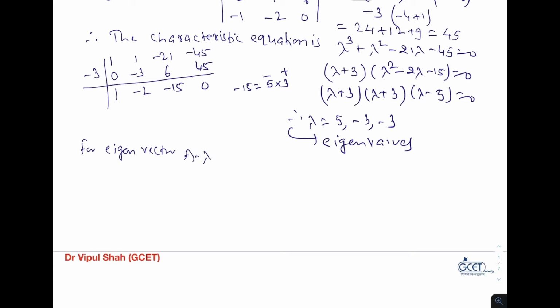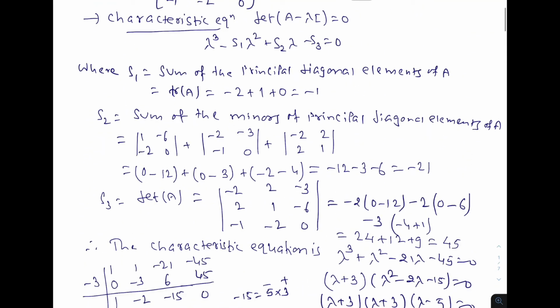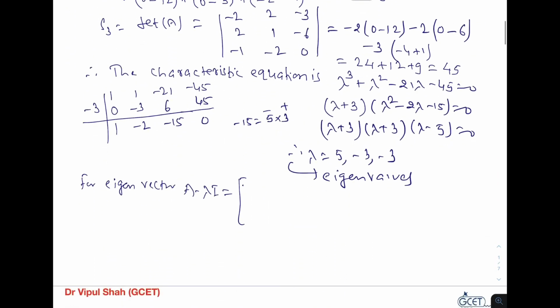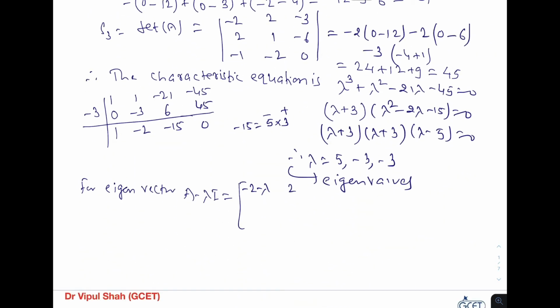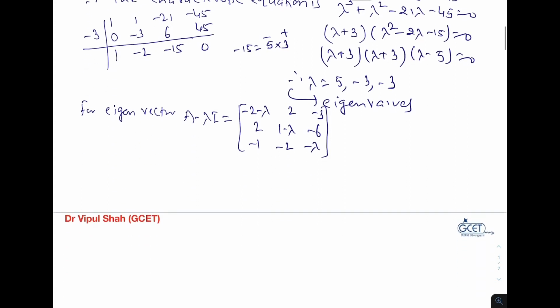this is A minus lambda I, and so this is minus 2 minus lambda, then 2, minus 3, 2, 1 minus lambda, minus 6, minus 1, minus 2, 0 minus lambda. Okay. Now for lambda equal to 5,